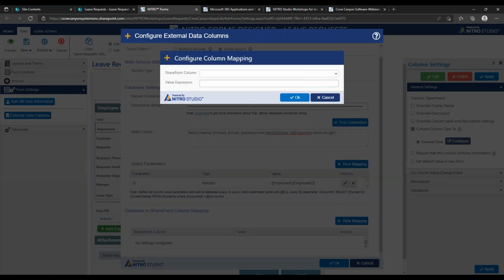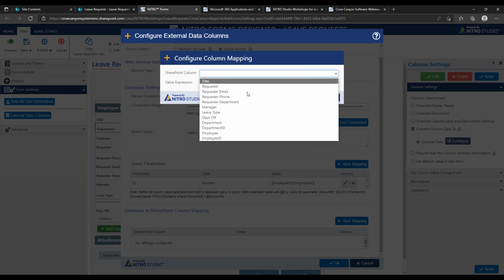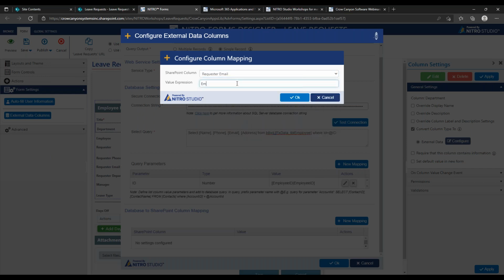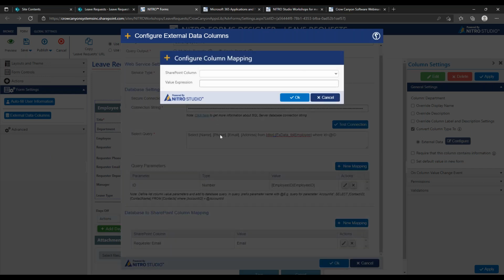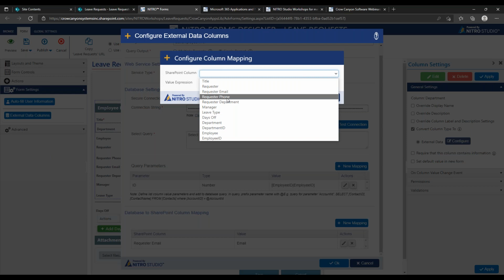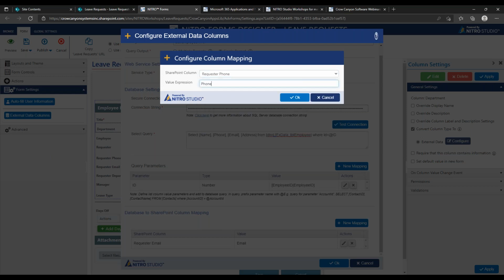And then now we can take that information that we pulled back here, the name, phone, email, etc., and map it to fields on our form. So go email like that. And we're just directly using the same value that was there in the SQL database and mapping it in. So phone,